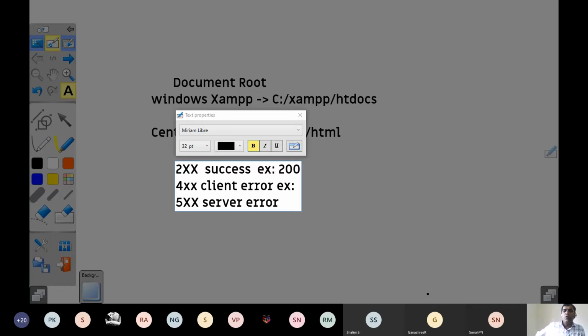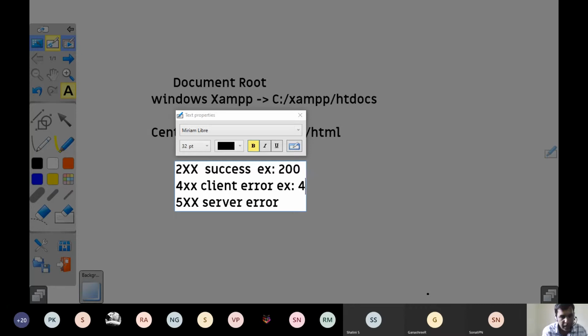See, client error. Right now, I told you that the client will make a request. I will give a name abc.html. The file is present in the server, abc.html, and it will send. But I make a mistake. Instead of abc, I type abd.html. At that time, the request for the file name was wrong, or the path of the file name the user specified in the client or your browser is wrong, and that is indicated by the client error message.